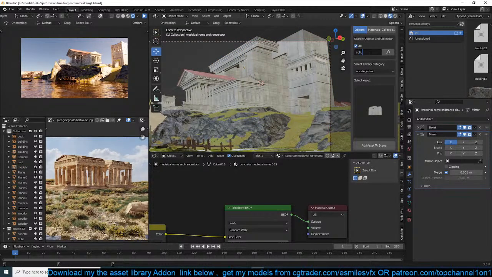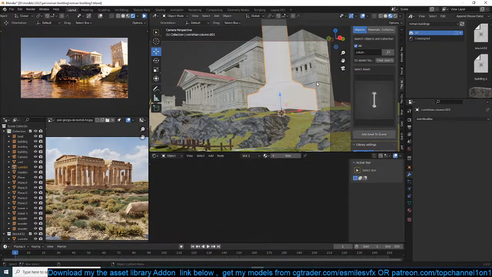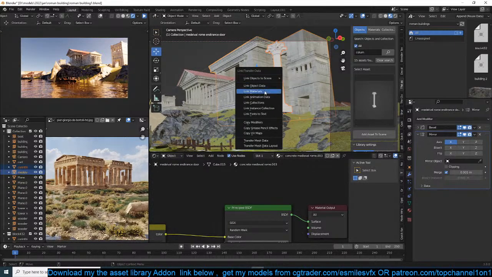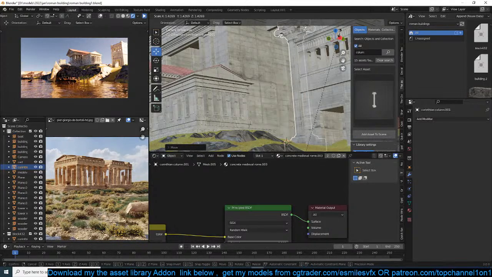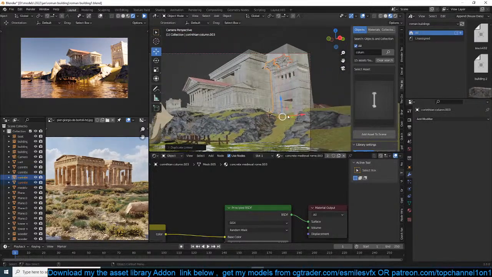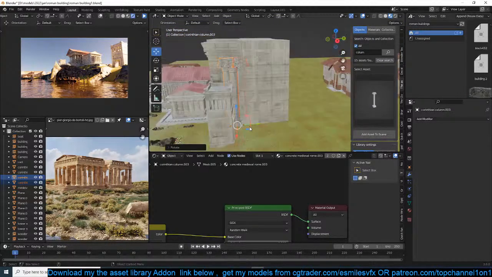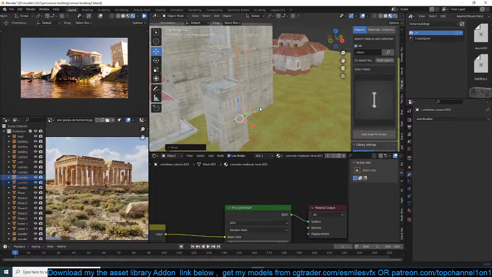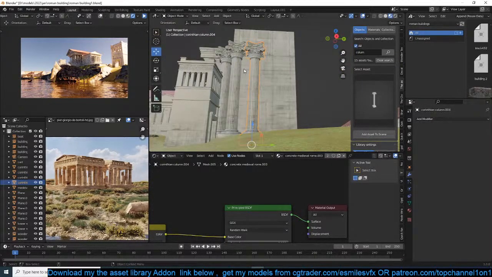Let me add some columns. Yeah, let me also grab